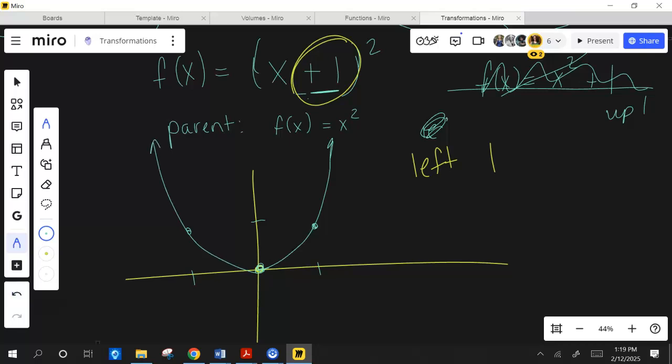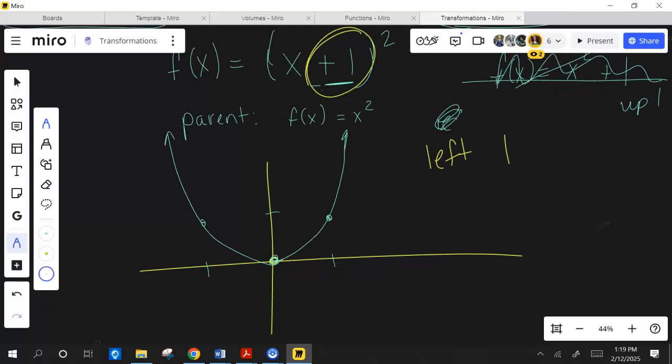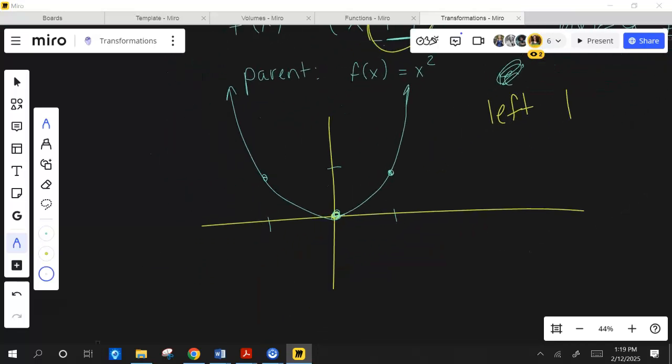Now, take this blue, whatever color that is, and shift it left 1. So every single point shifts left 1, left 1, left 1, left 1. Every single point. Left 1, left 1, left 1, so that my new graph